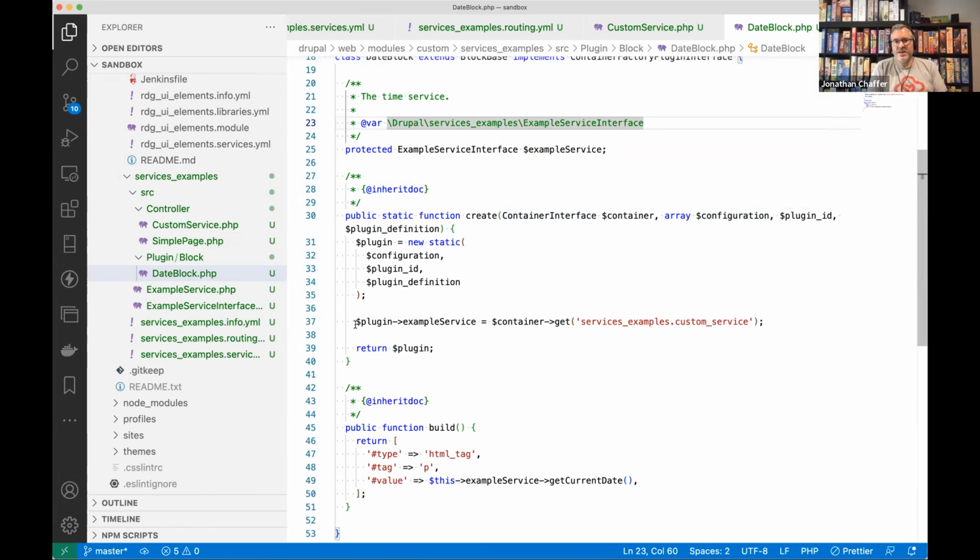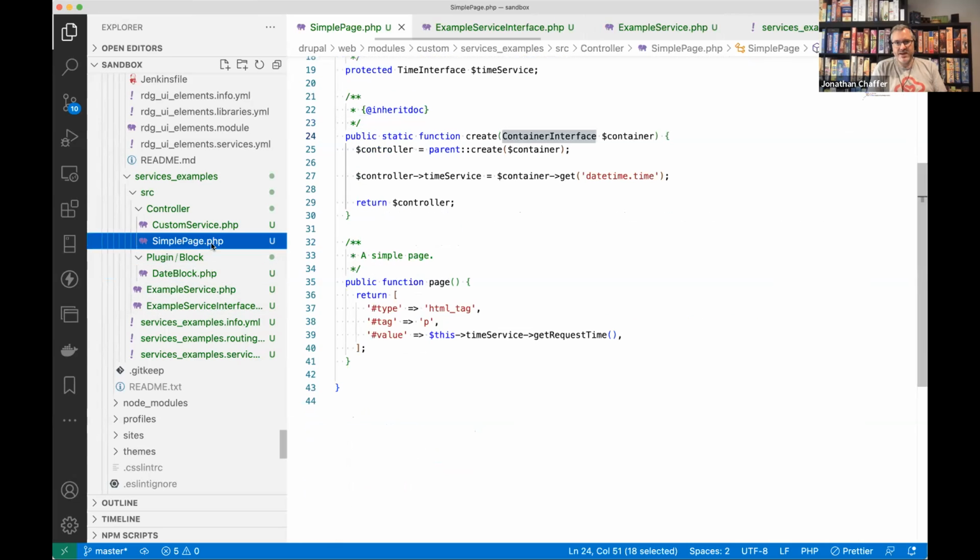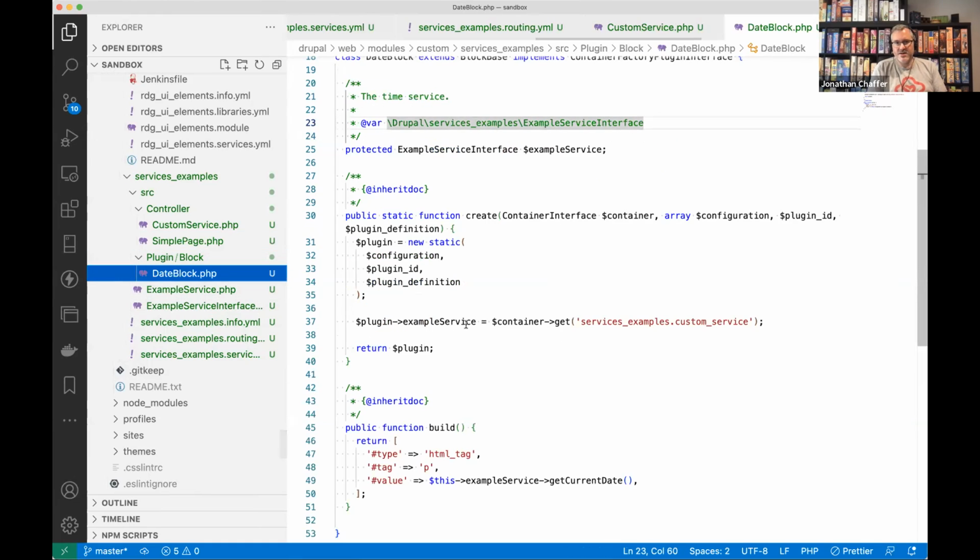And then doing, after that, the same thing that we did for our controller. Once again, I'll compare that, where we filled in things from the container using get. We do exactly the same thing here by getting our custom service by name